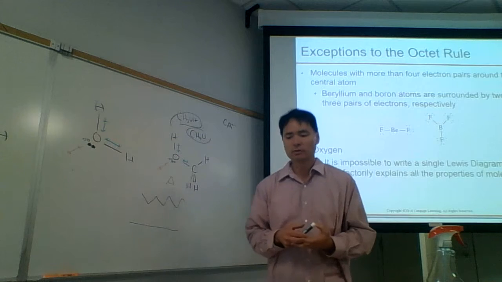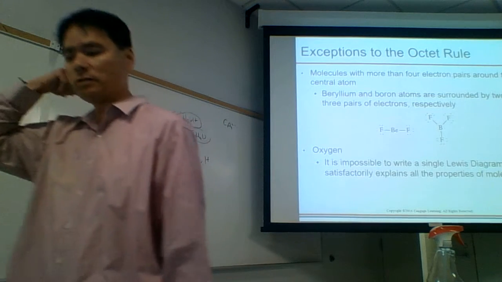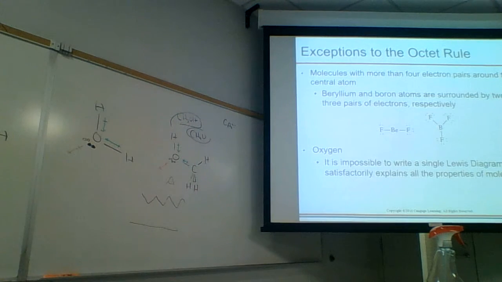And so why are we doing it? Why don't we use the proper theory for this? Well, it turns out the proper theory is a bit too complicated, and there aren't that many exceptions. So we're just going to live with these techniques for drawing Lewis structures. And if you wanted to get a more accurate